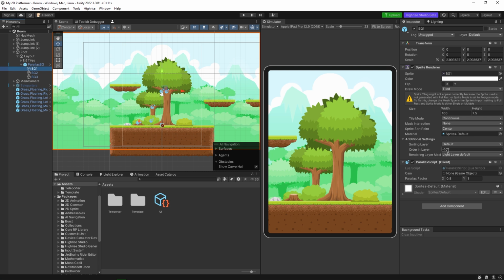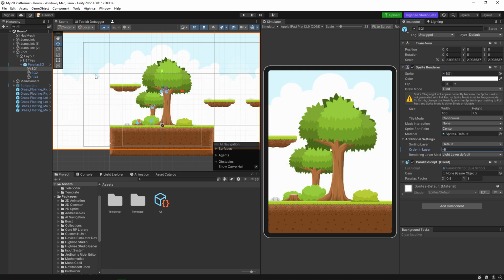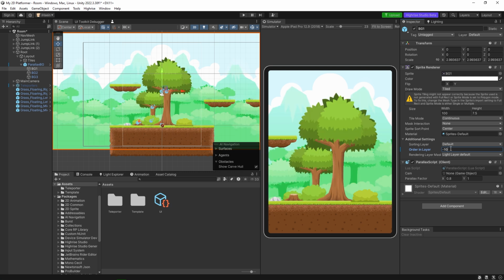So anything that is above or more than -10 will be in front of that layer. For example, if I put this to -8, you can see that the other background now is hidden. It's because it overrides the layers. So I'm going to keep this as -10. Same goes for background 2, it's -9, and background 3, it's